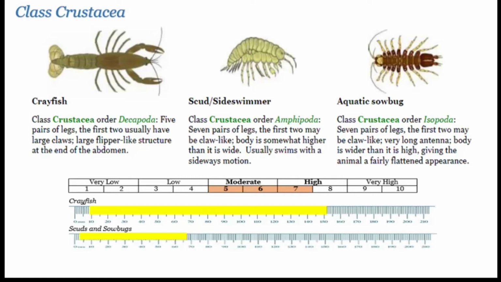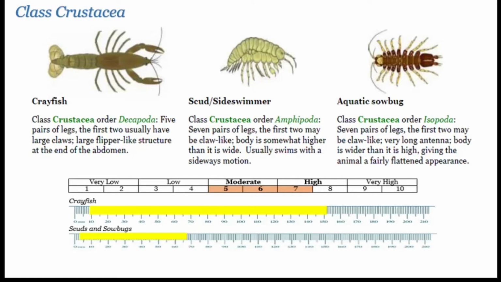The other crustacean is the aquatic sow-bug, also with 7 legs. Most of you are probably familiar with the pill-bug. Well, this is the aquatic cousin of the pill-bug. It tends to like the same kind of environment, like organic areas of leaves and rotting logs and things like that.